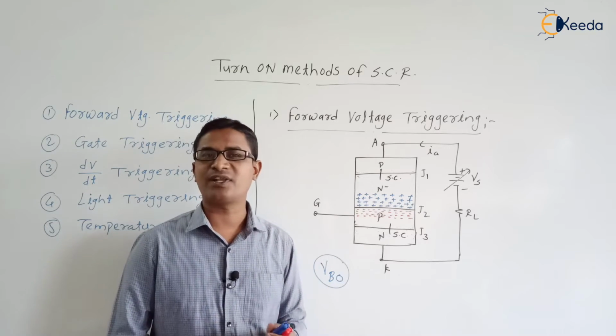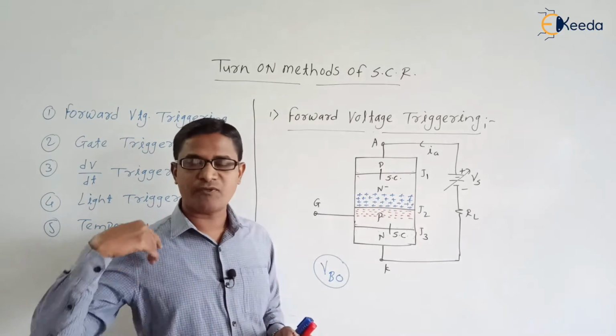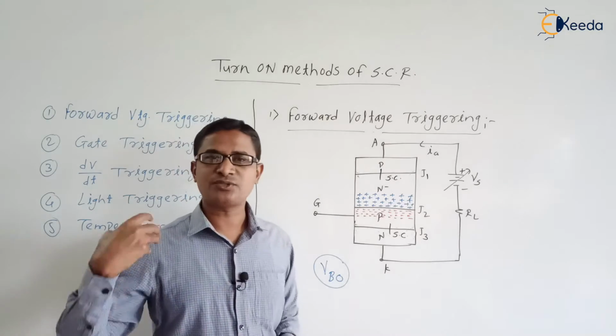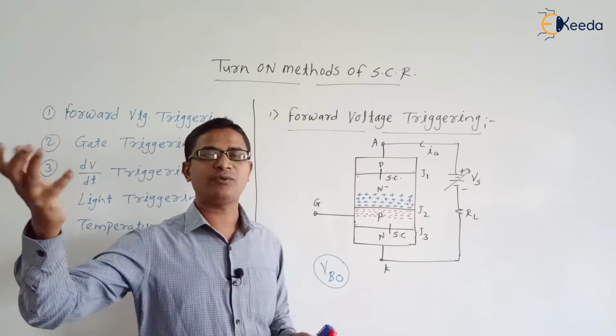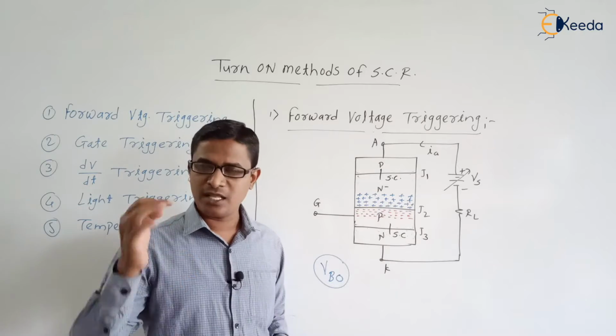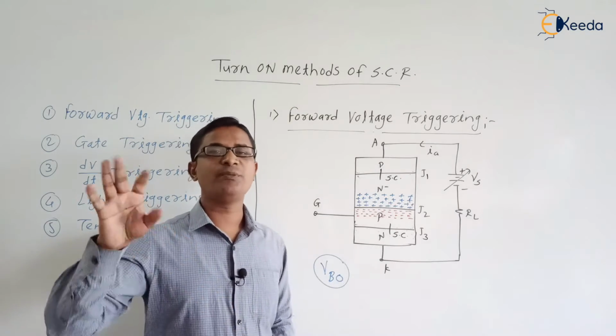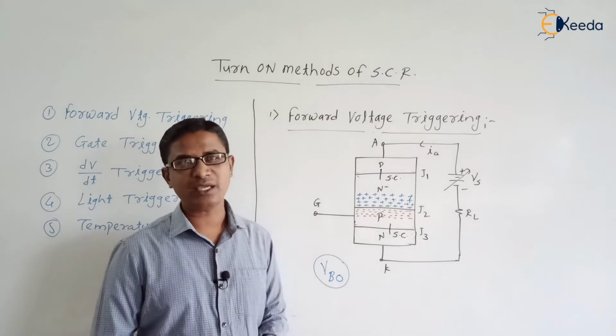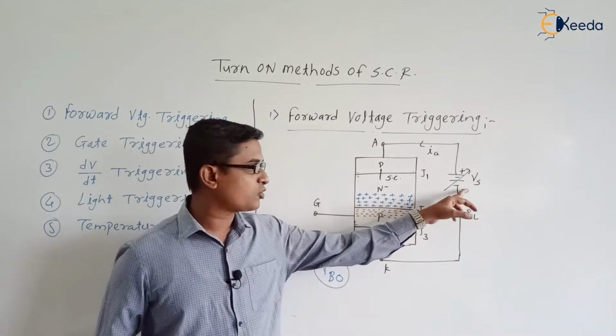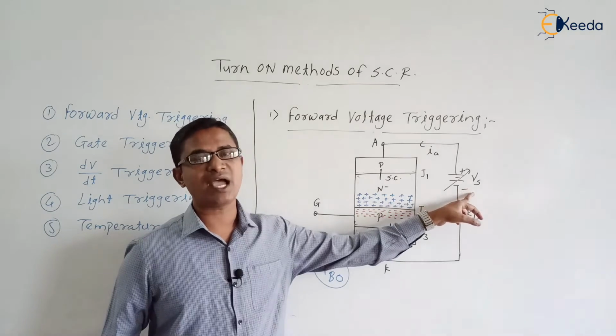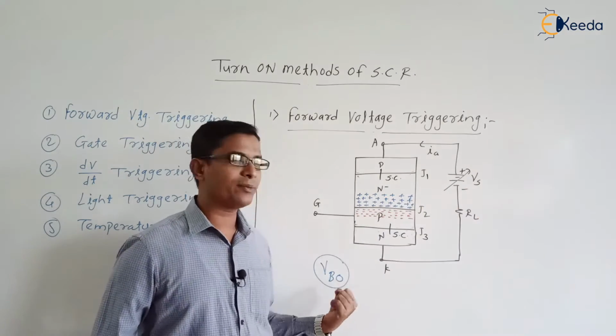As the charges are freely moving means what? Yes, the rate of flow of charges is current. So charges are moving very fast and we have a large number of charges, so the current flowing through the circuit or through the device will increase to a very high value. Here we need to increase the voltage to a very high value, which is equal to the forward breakover voltage.